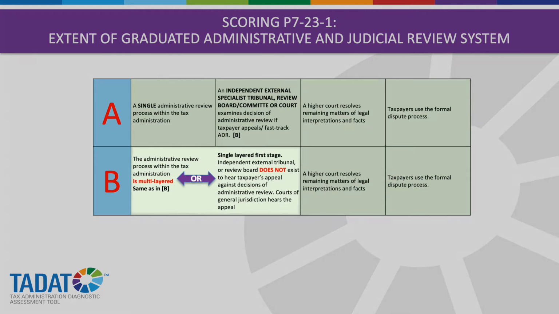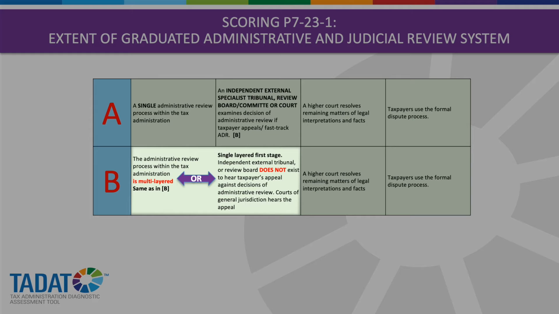For a B-level score, there isn't a single administrative review process within the tax administration, but there is a multi-layered process. There is an independent external tribunal or review board or a court that examines decisions about administrative review if a taxpayer appeals, or there is an alternative fast-track arbitration system. A higher court exists that can resolve any remaining matters of legal interpretations and facts, and taxpayers use the formal